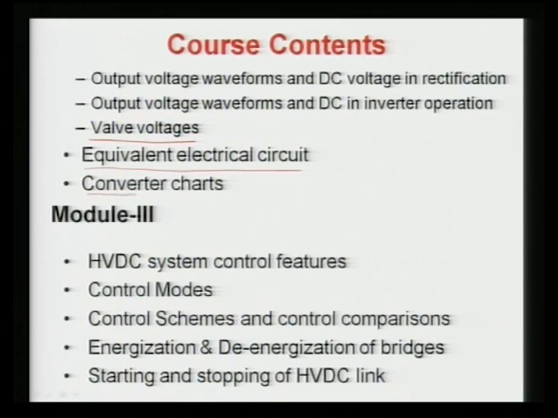Another part of this module 2 is basically analysis based on the converter charts. We will see the converter charts, basically the DC variables. We have alpha, delta, gamma, and beta as the DC variables. So, we are going to draw on two planes. One is the DC voltage and DC current,